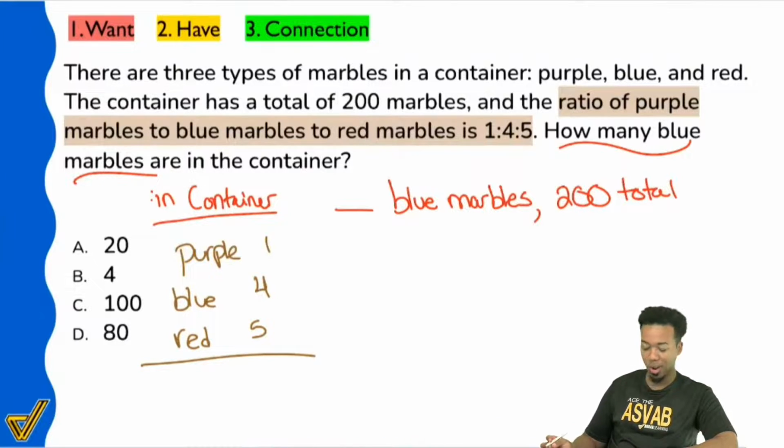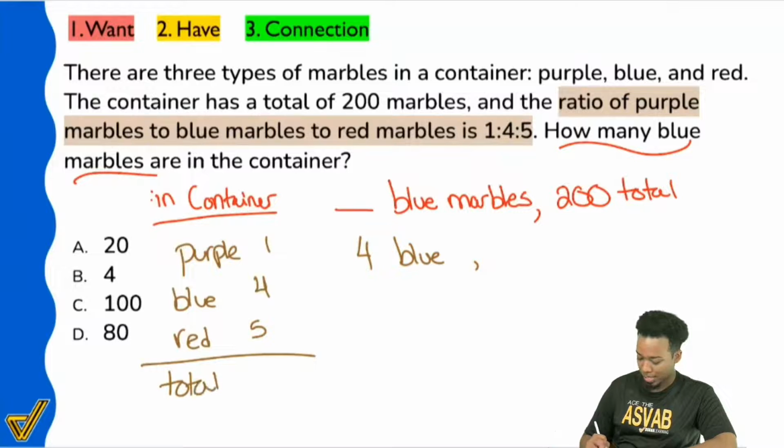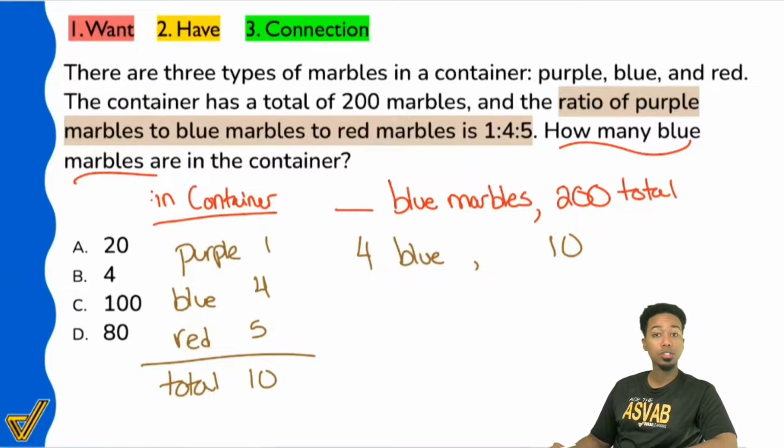Which of these numbers are we going to grab first? Yep, that's going to be 4. It's going to be 4 blue. And then if we add all of these up, we are going to get a total of 10 right over there. So just like in the previous question, it's coincidentally the same exact conundrum here, or the same exact comparison,